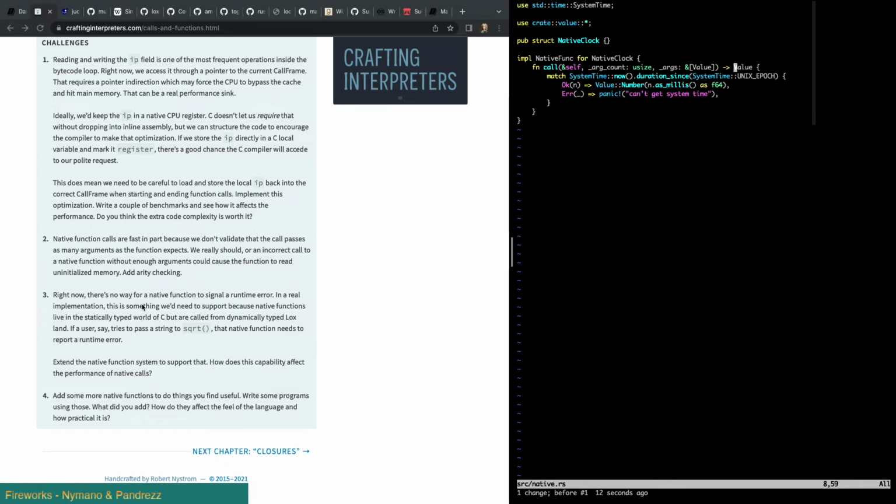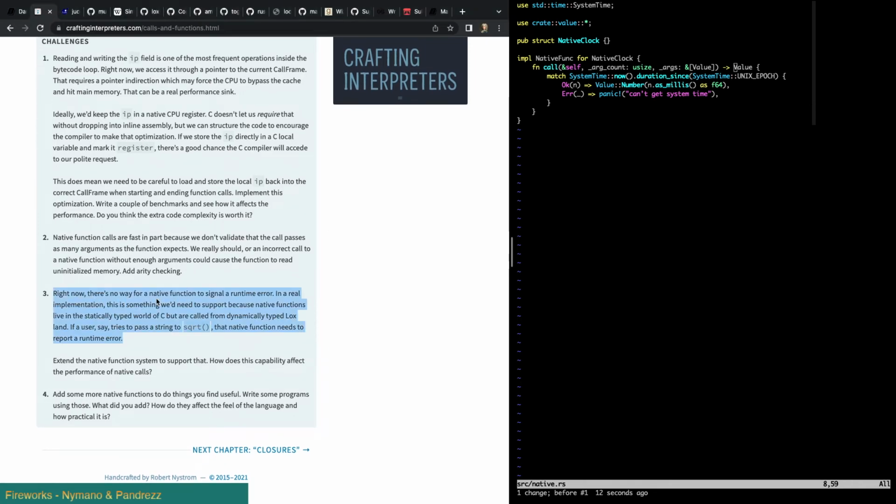Native function, right now there's no way for a native function call to signal a runtime error. In real implementations, this is something we'd need to support because native functions live in the statically typed world of C, but are called from dynamically typed Lox land. Right, so this would just require us to pass back the result, just like what I had.